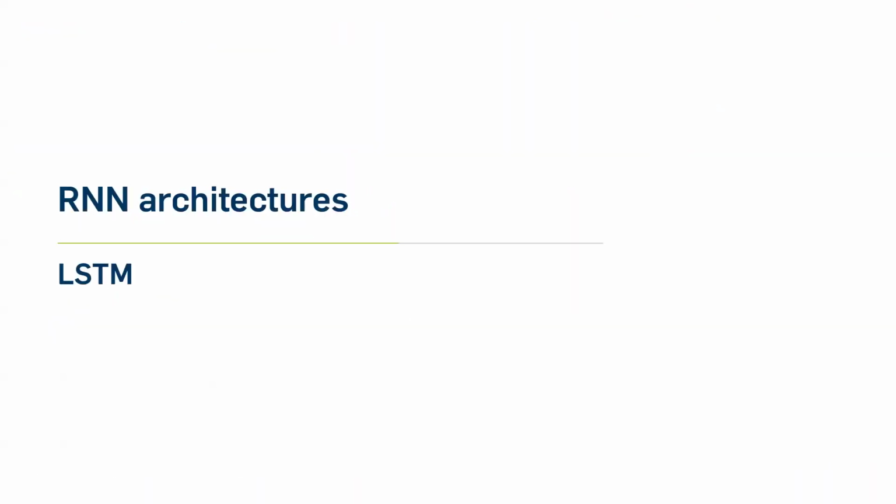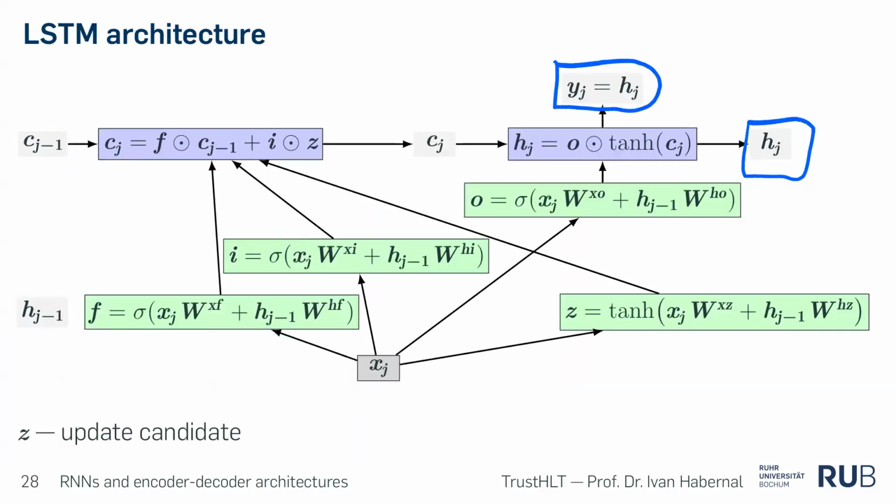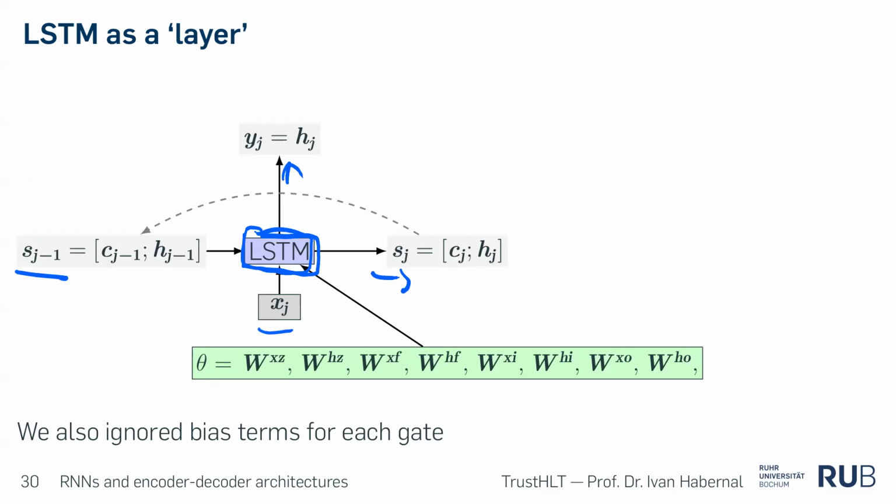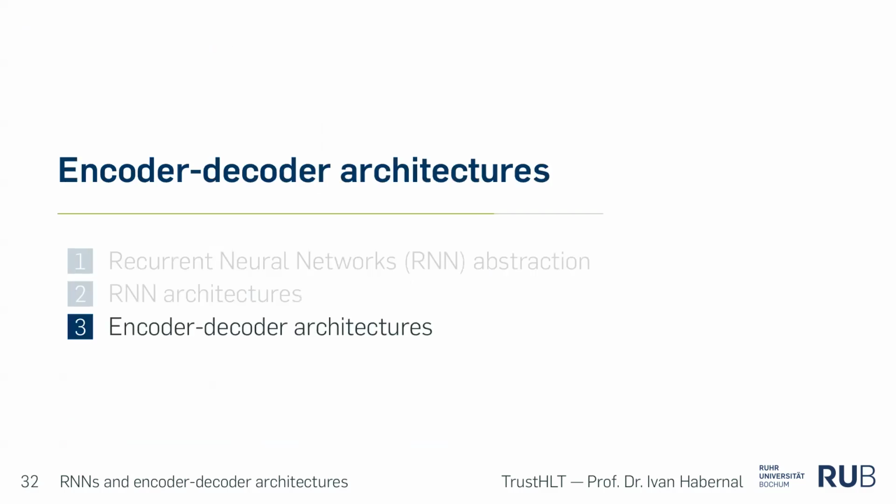So the LSTM is much more complicated with these gates, but eventually it's again a building block of a recurrent architecture. Once you implement this and it works, you can just take them together and everything will work. It's just a computational graph if you don't make any mistakes. But there are just many more parameters, all these weights for the forget and input gates, and we also ignore the bias term and so on. So far so good. LSTM, you should know about this, but I don't think you should remember everything in there. It's not important. There are better architectures now.